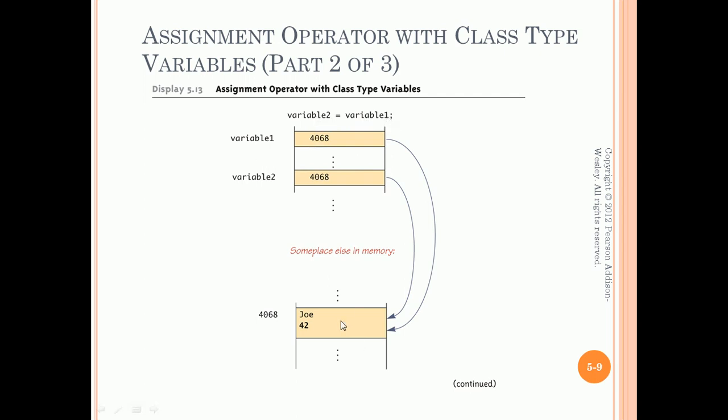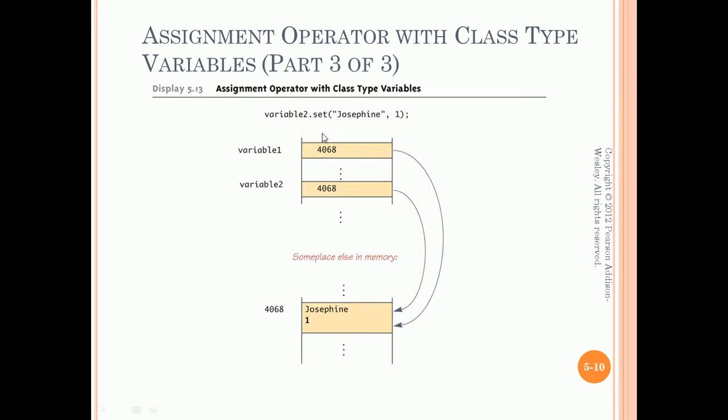This phenomenon is known as aliasing, where we have two pointers and they both are pointing to the same object. Two different objects are not generated. Two pointers pointing to the same object are generated. What is the effect of this kind of assignment? The effect is that if I call a function on the second object that sets the value inside the object, this set function will operate on this address space, as variable 2 contains 4068, and this object will be updated. Now this object is updated also for the first object, that is variable 1. So it is updated for both objects.